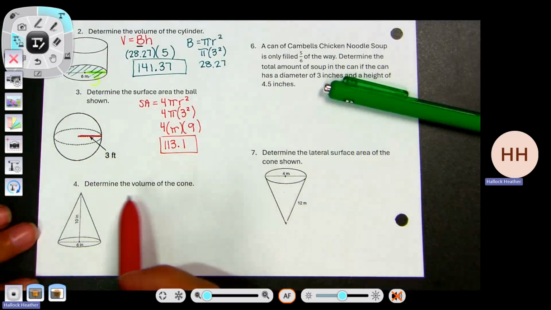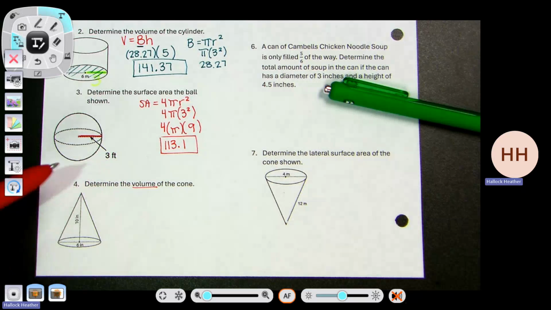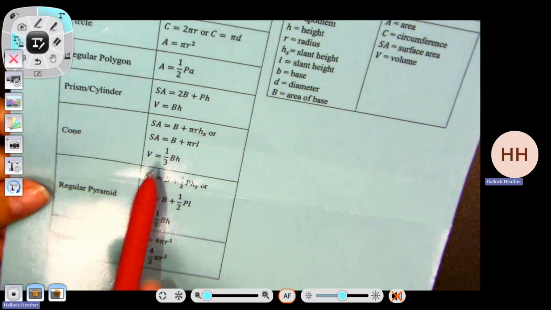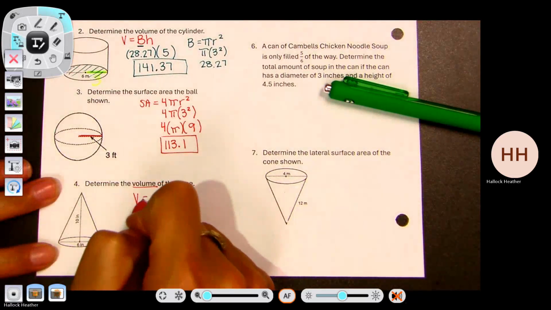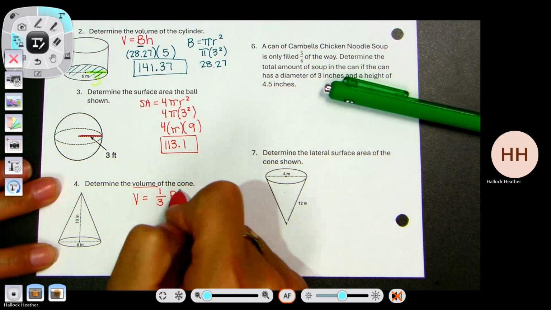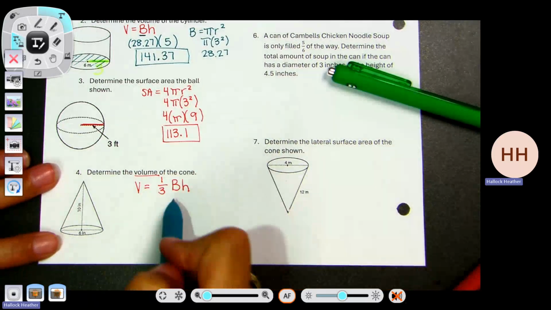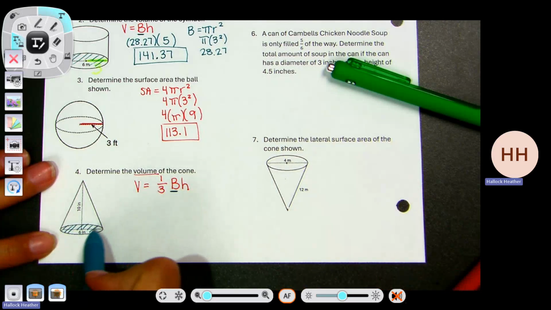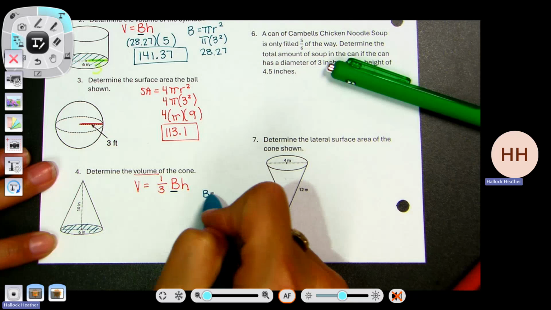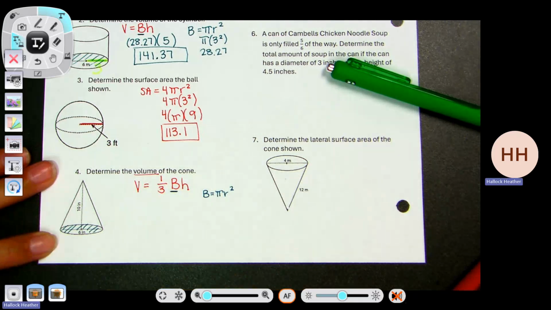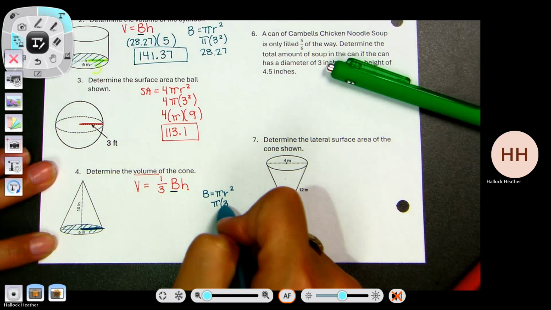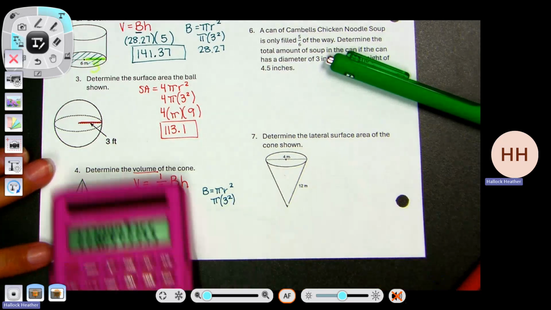Number 4 says determine the volume of the cone. So I look at my formula for a cone. Cone is volume equals 1/3 big B H. Once again, you have B, which is a capital B. So that's the area of the base. The base is a circle. So I have to use pi r squared off to the side. My radius, this whole thing is 6. So half of it for the radius is 3. So I'm doing 3 squared times pi,